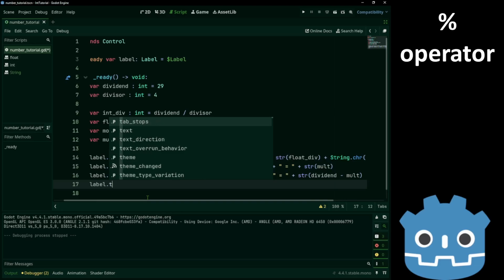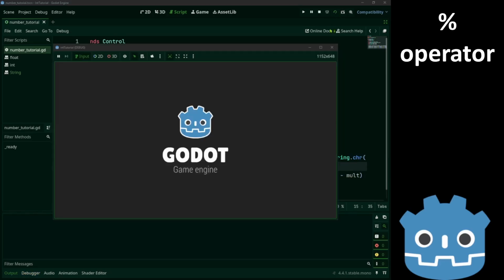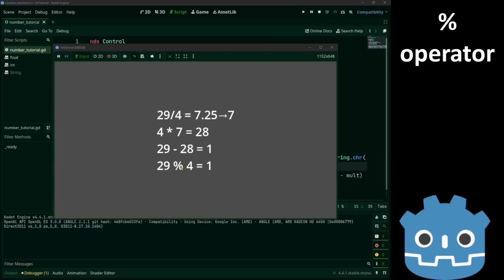Finally, let's show our mod as well. And as expected, we get 1.